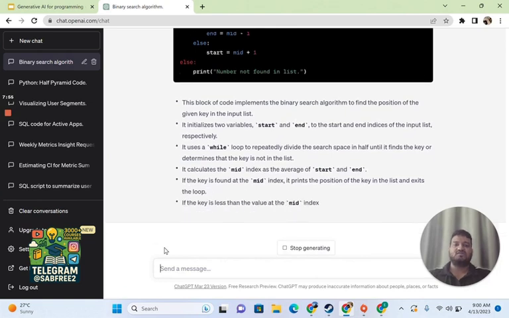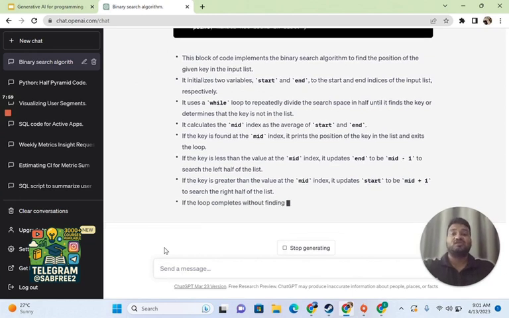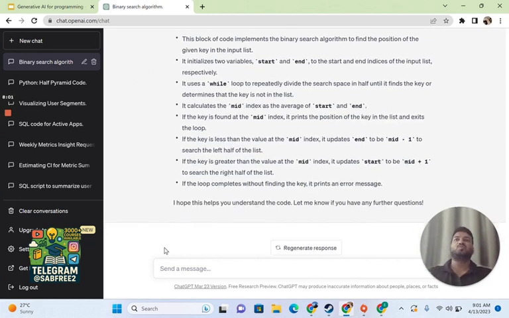So if you see the way it is generating the code and explaining everything to you line by line, it's not necessary that you need to be an amazing programmer. You need to have a basic understanding of any programming language and you can get input on this. So far I use Python, so all my history is set up for Python coding. But if you are a Java developer, C++ developer, or any other language, you can just provide your input.